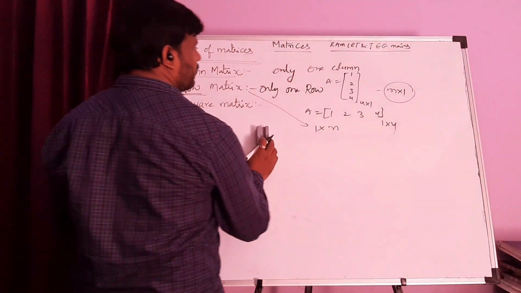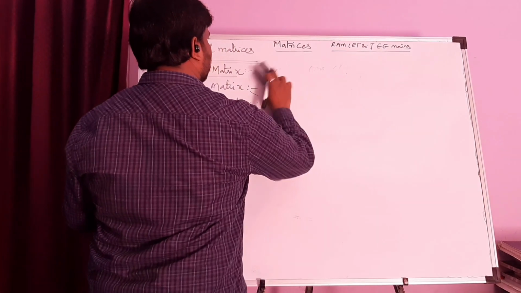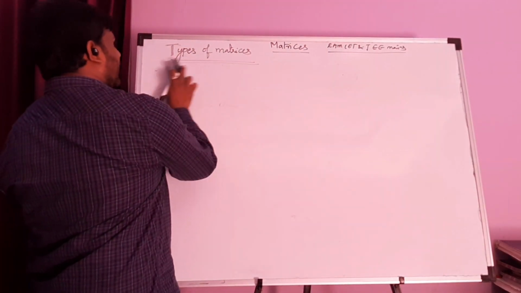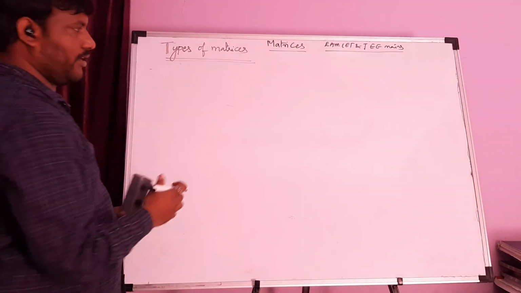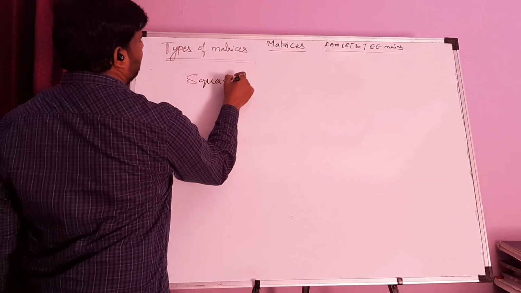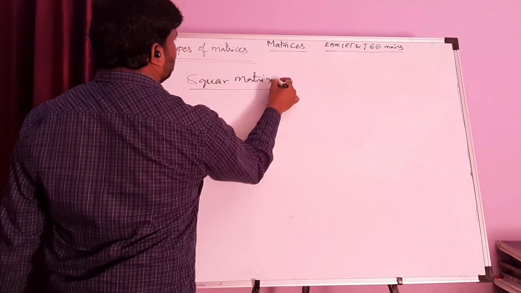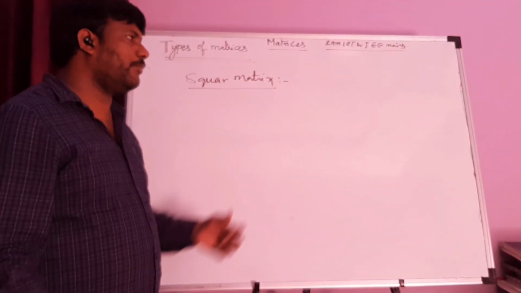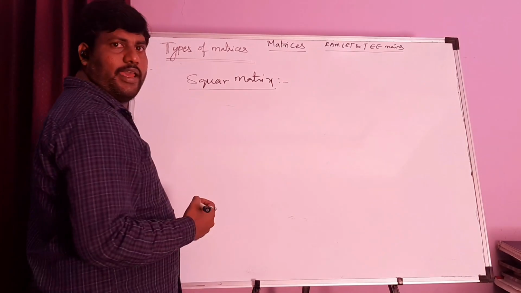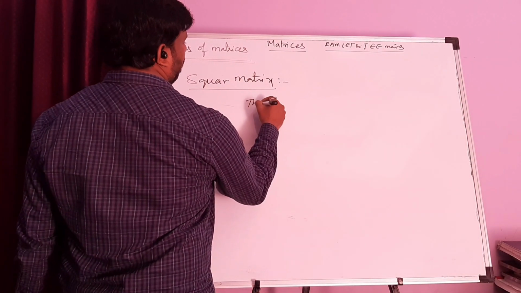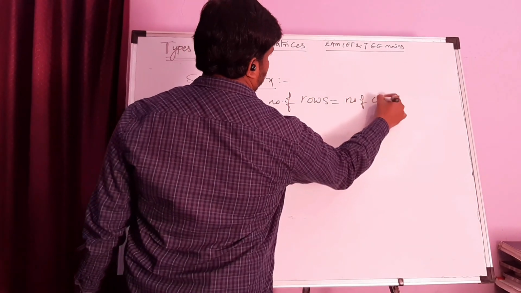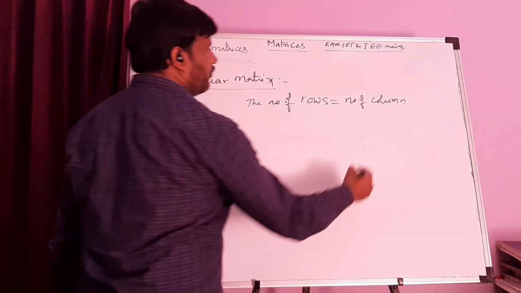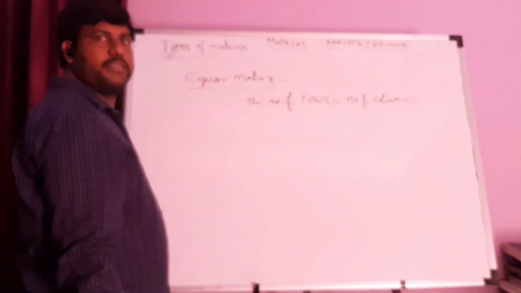Now we go for the square matrix. This is very important. In a rectangular array, if the number of rows and the number of columns are not equal, then we call it a rectangular matrix. But the square matrix is very important because so many definitions are based on the square matrix only. There are so many definitions defined only for square matrices. So clearly, a square matrix is any matrix in which the number of rows is equal to the number of columns. Such a matrix is said to be a square matrix.